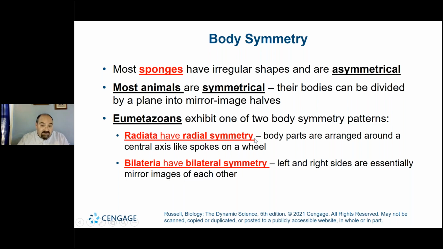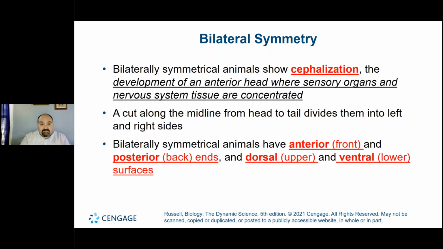Radiata, or radial symmetry, deals with body parts that are arranged around a central axis, like spokes on a wheel, okay? So that's the presentation as far as symmetry is concerned. So bilateral symmetry. Now this is also important because we're going to talk about terms in order to describe areas of the body and of